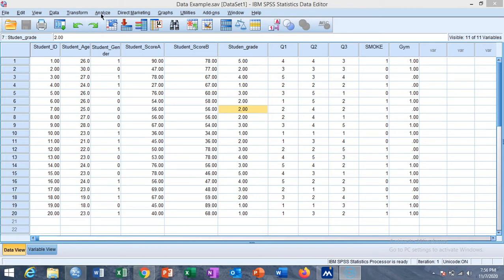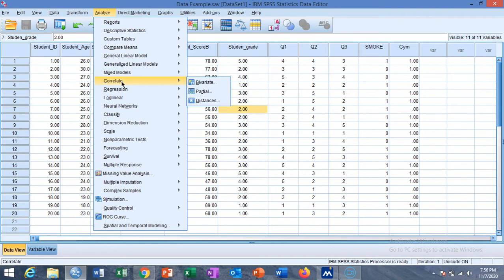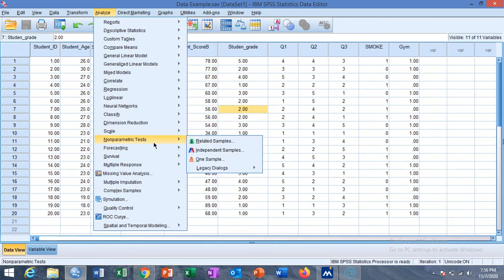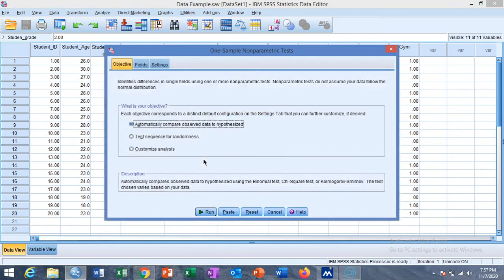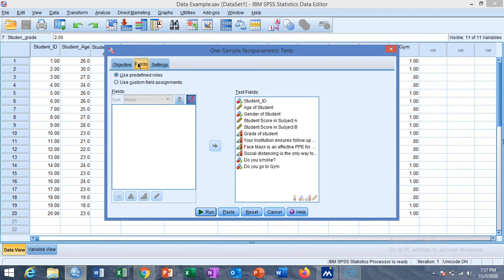So to test whether the median is equal to some specified value or not, we select the option of non-parametric test again and go to the option of one sample test. In one sample test you can select the fields. These are all the variables which you use to test.